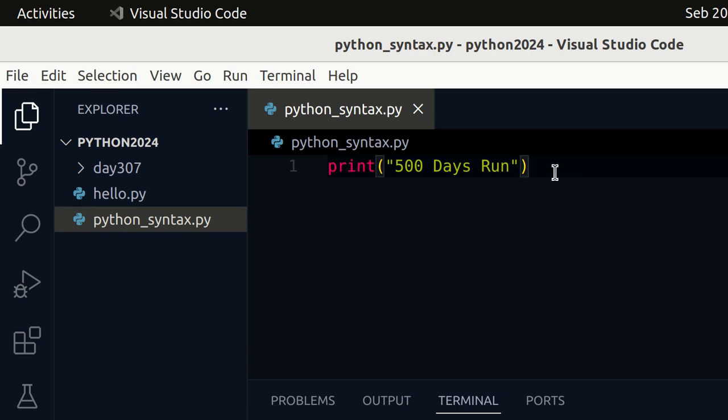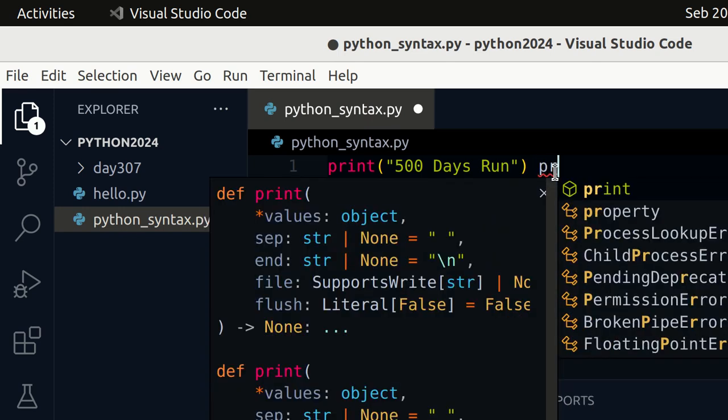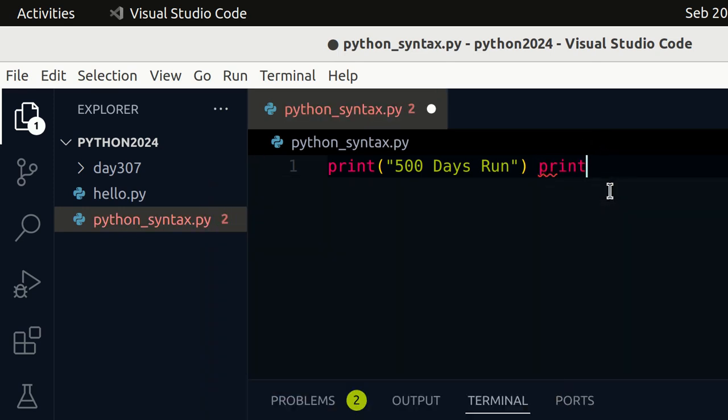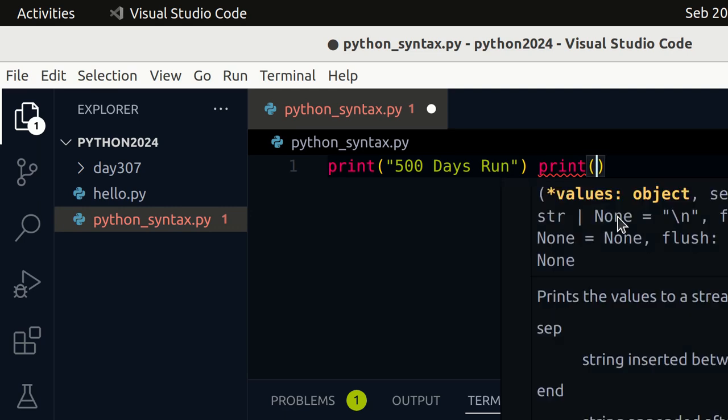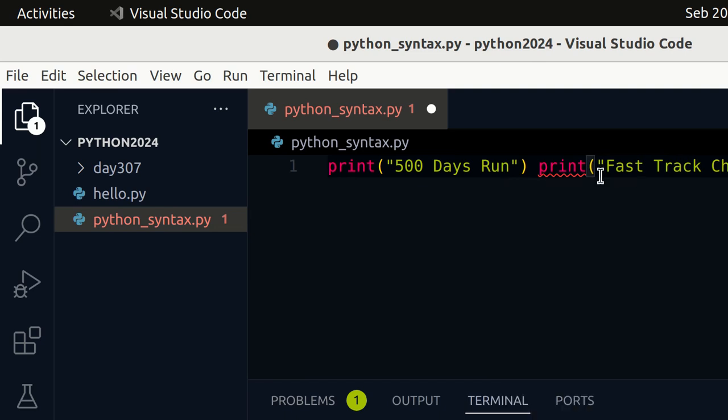So we might think of writing print, open bracket, full colon, and then we just add fast track challenge. So our intention is to output the text 500 days run fast track challenge using these two print statements.